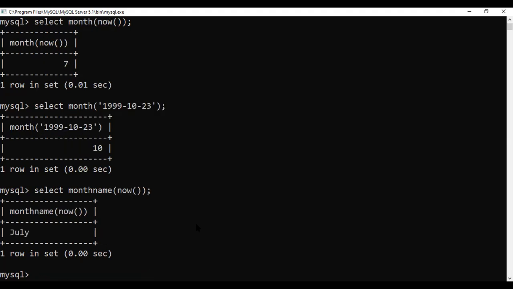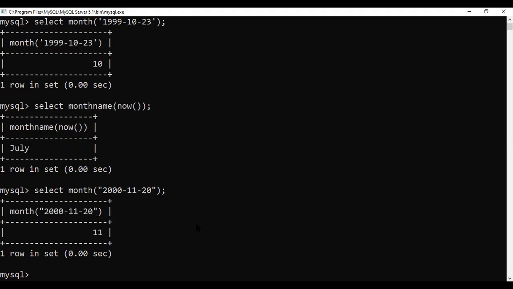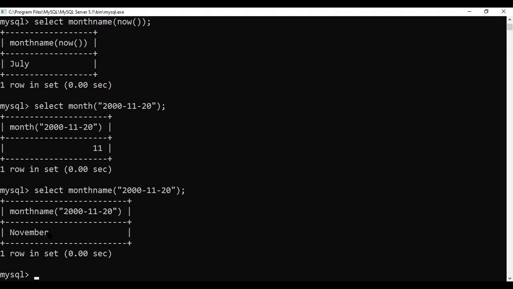Sometimes I say select monthname of any specified date, like 2000-11-20. Sorry, I had given month, I have to give it as monthname. That's the function we were discussing. So when I give monthname, you can see instead of the number, you will get the name of the month.